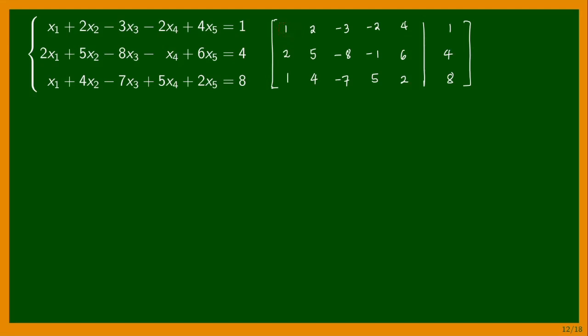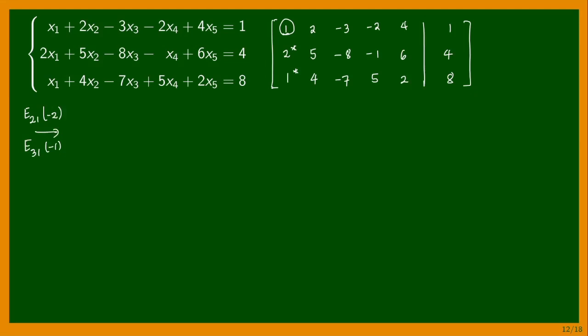So we wanted to highlight this pivot, and using this pivot we wanted to eliminate 2 and 1. So we apply type 3 operations, which are E2,1 negative 2 and E3,1 negative 1, and